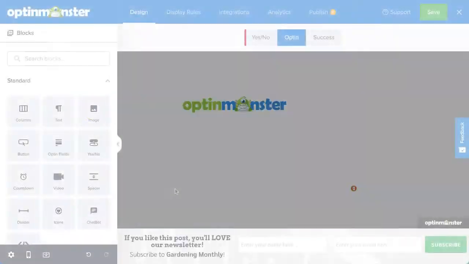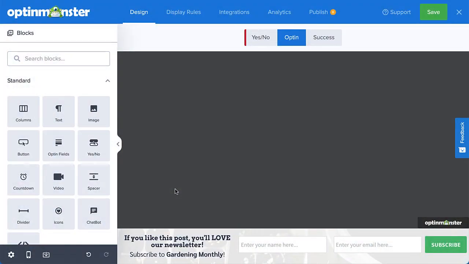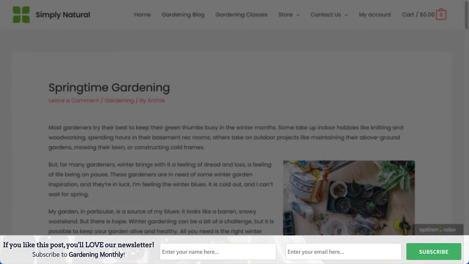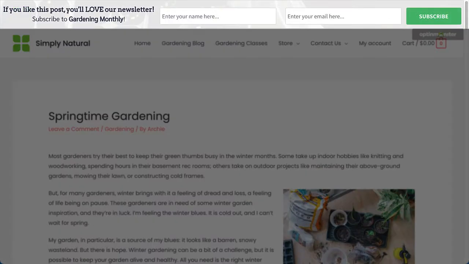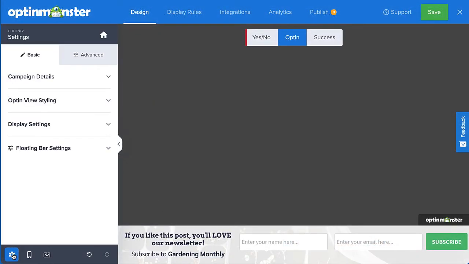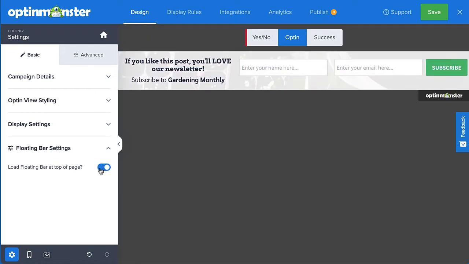Now, let's get started. I've just finished editing my design, and now I'm ready to set the position for my floating bar campaign. By default, the floating bar will appear at the bottom of the browser window, but you have the option to move it to the top. To do so, select Settings in the lower left corner, and then select Floating Bar Settings. Next, select the Load Floating Bar at top of page option, and the campaign will appear at the top of